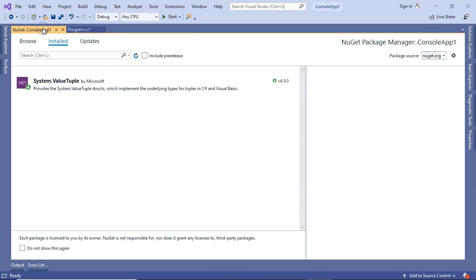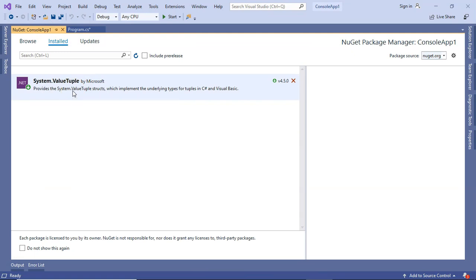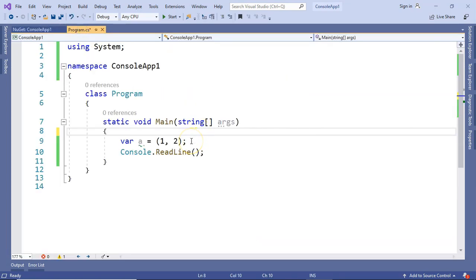You see, this is a lightweight struct, and this got introduced in C# 7 in a lightweight manner to use the features of tuples. Now let us see what benefit tuple provides to a C# developer and what use cases we